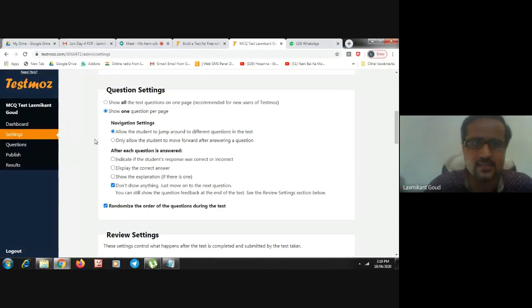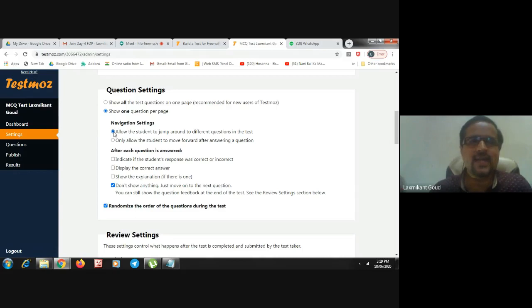Then navigation settings: allow the students to jump around to different questions in the test. Means if you select this option on, at the right side, students will see the panel of the questions. Suppose there are 10 questions. So at the right side, or at the bottom side, students will see question number 1, 2, 3, 4.